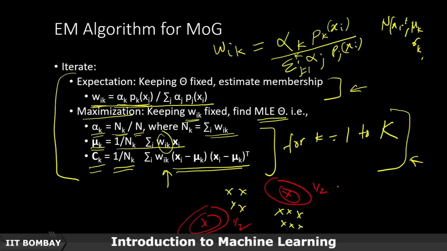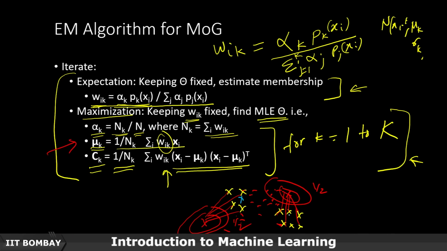Now what we can see is that these points are more likely with respect to this Gaussian, these points are more likely with respect to this Gaussian, these are less likely with respect to the other Gaussian, and these are less likely with respect to the other Gaussian. So wherever you see dotted lines, the weights will be smaller, where you see solid lines, the weights will be relatively larger. So once we do that, when we compute the mu k, the contribution of the larger weights will be more. So hopefully in the next iteration,